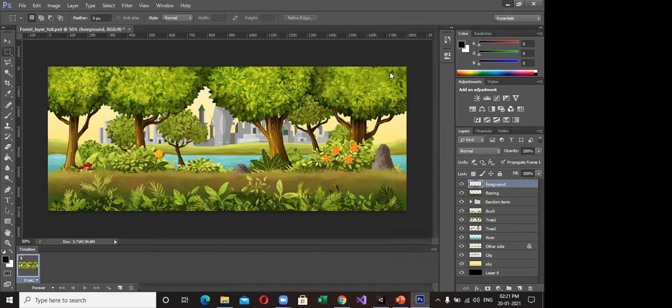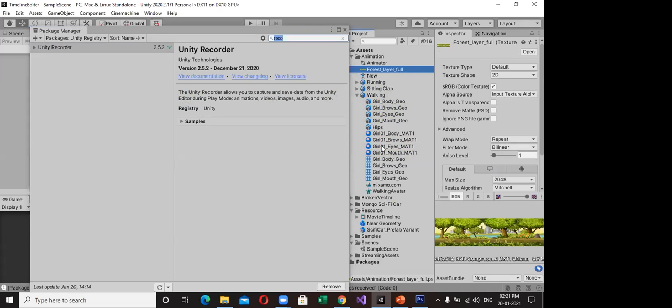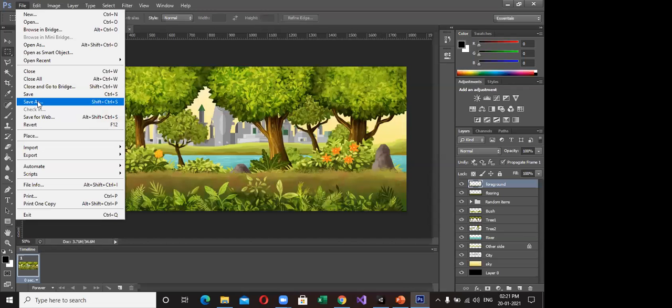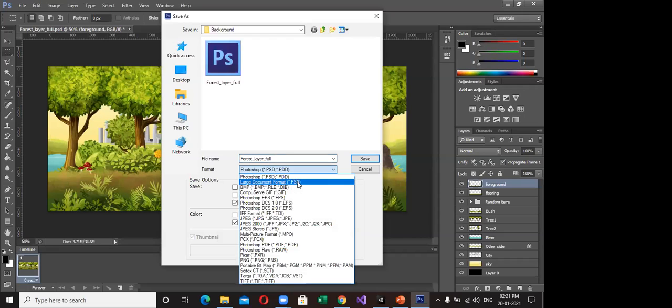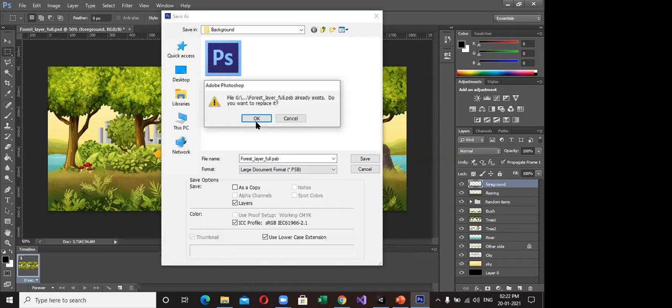Depending on that layer, it will convert the layer to sprites. See that. I import the file. Once again, I save it as a PSB file. Save As, not a PSD, it's a PSB file.